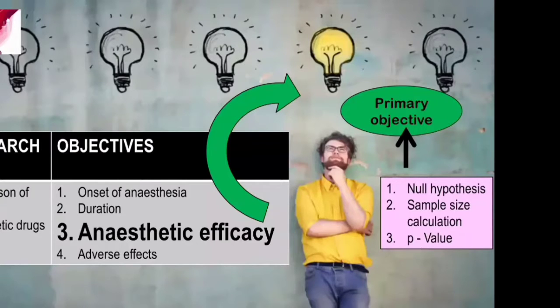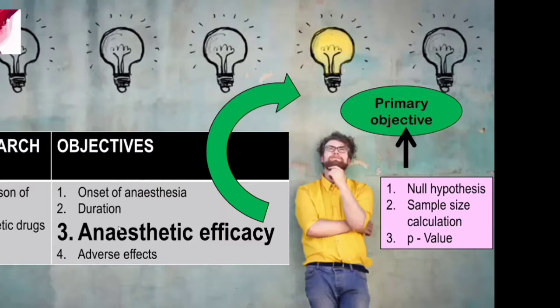Let us consider a research topic. A researcher wants to compare two local anesthetic drugs, say lignocaine and articaine, and he wants to test all these objectives. He wants to know the onset, duration, anesthetic efficacy, and other effects. Out of all these objectives, which is going to be your primary objective? This is the question. Let me choose anesthetic efficacy or duration, anything you can choose, but choose any one objective